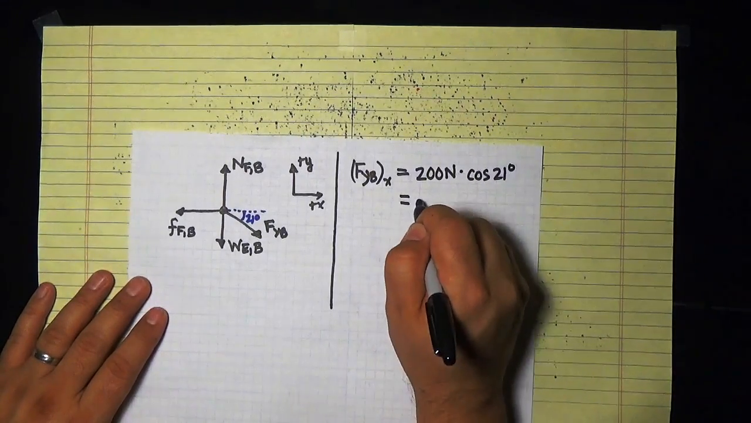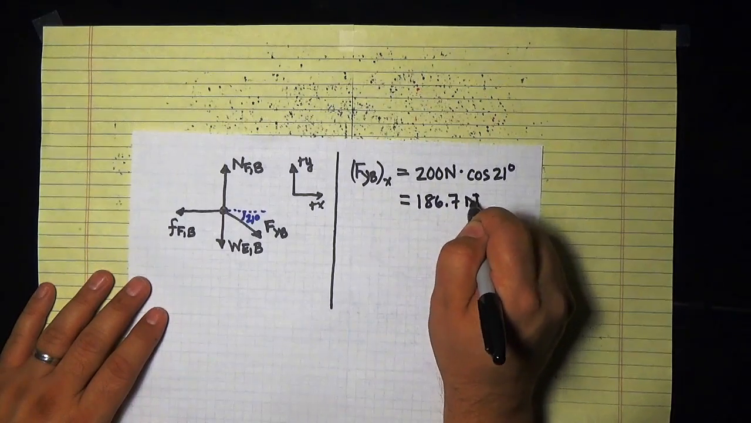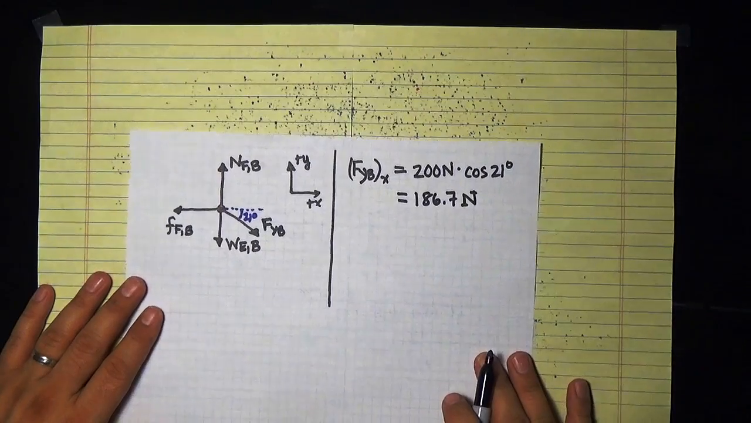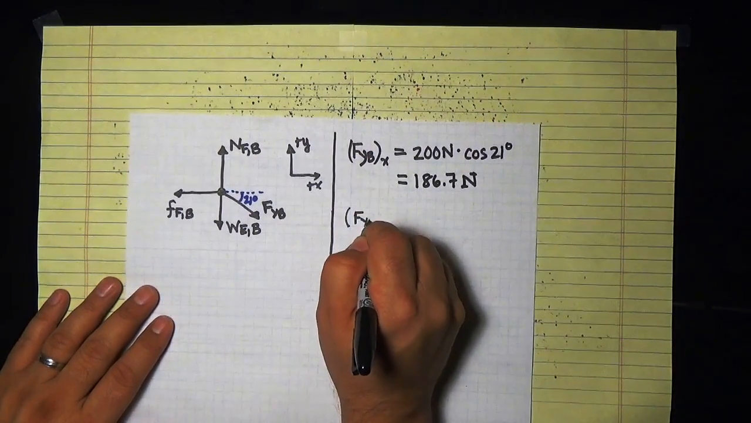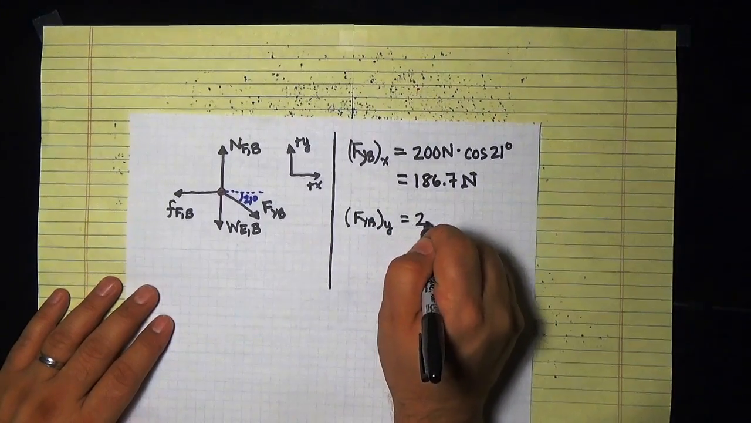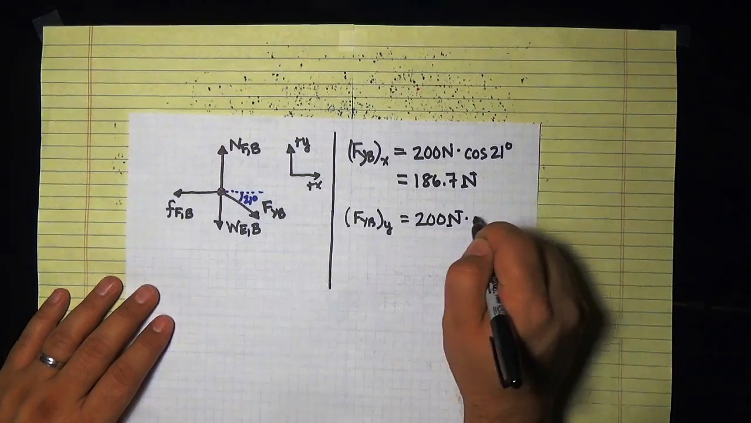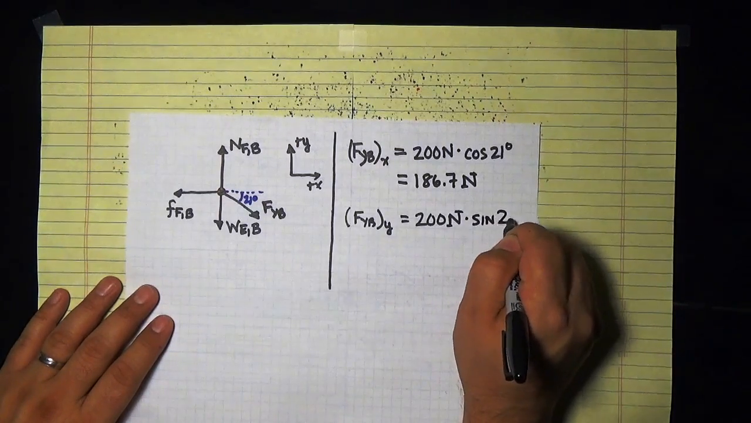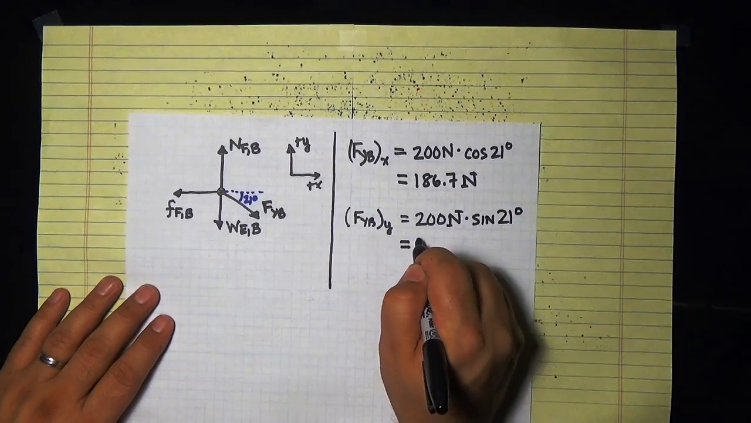And if I work that out, I get 186.7 newtons is the horizontal component of the force that you're exerting. The force that you're exerting on the box in the y direction is again equal to the magnitude of the force that you're applying, in this case, times the sine of 21 degrees. And if I work that out, I get